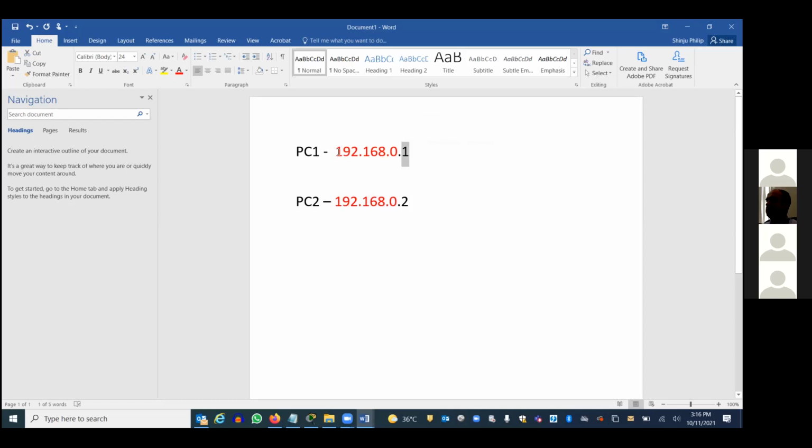In a class C network, the first three parts are the network part, and this is the host part. Only the host will change, correct? 1, 2, 3, 4, and so on. The host part will change. So 192.168.0 is one network, and the host is 1, 2, 3. Since all your computers are in the same network, they can communicate with each other. But if you have a computer in another network, will it work? No, right? For example,